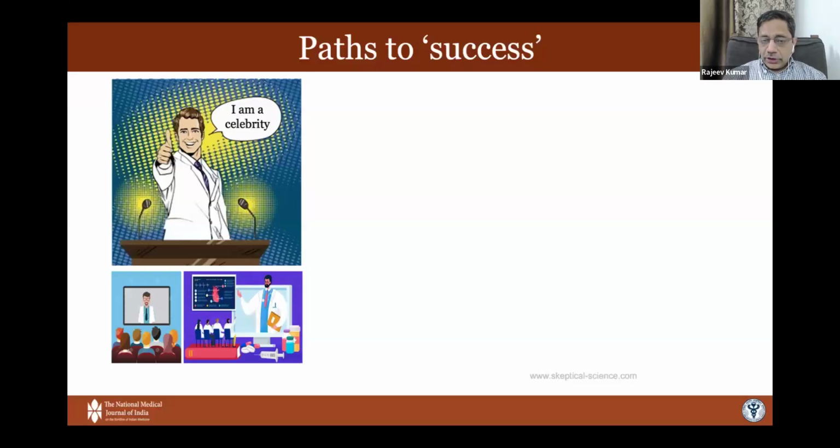One way, and this is particularly true of science, is by just calling yourself a celebrity. You appear on multiple fora, you make a loud noise, you're visible on every potential social media group, and therefore everybody thinks you're a celebrity and wishes to treat you like a celebrity. It's also got a standard name now that's called an influencer. This is also what happens when you make a lot of money. So you're visible and therefore you're believed to have knowledge.